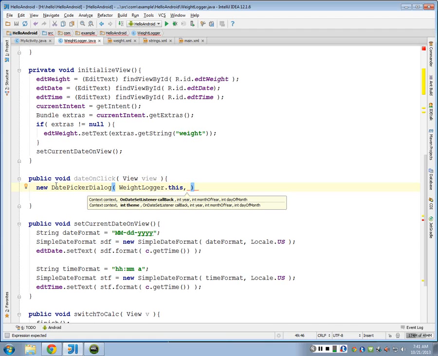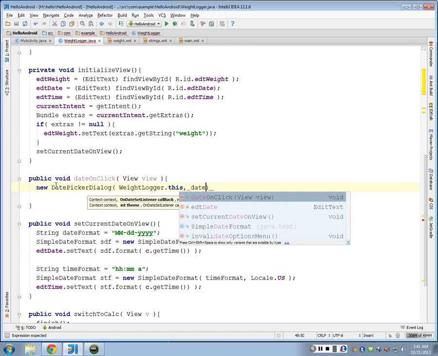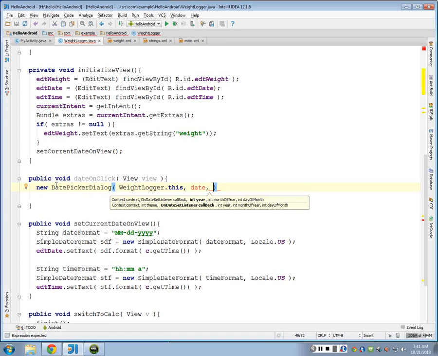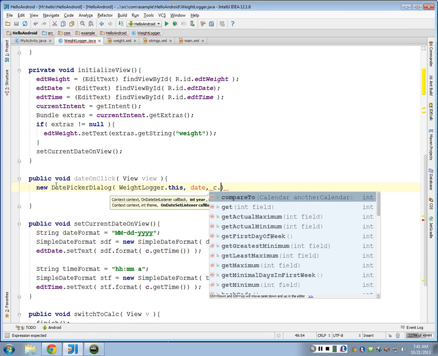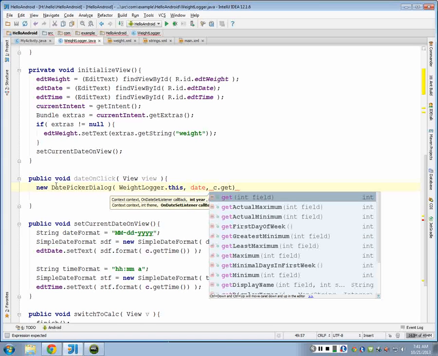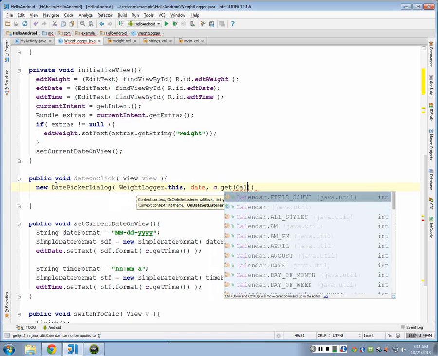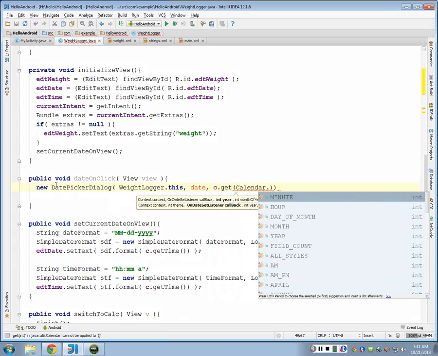And then we're going to pass in the date, and then we're going to get the date from our current calendar, right? We have our C calendar,